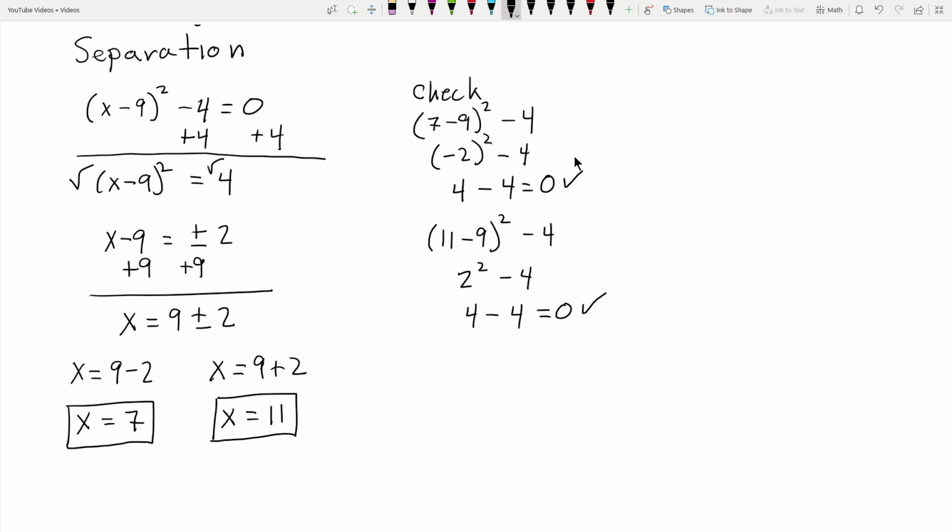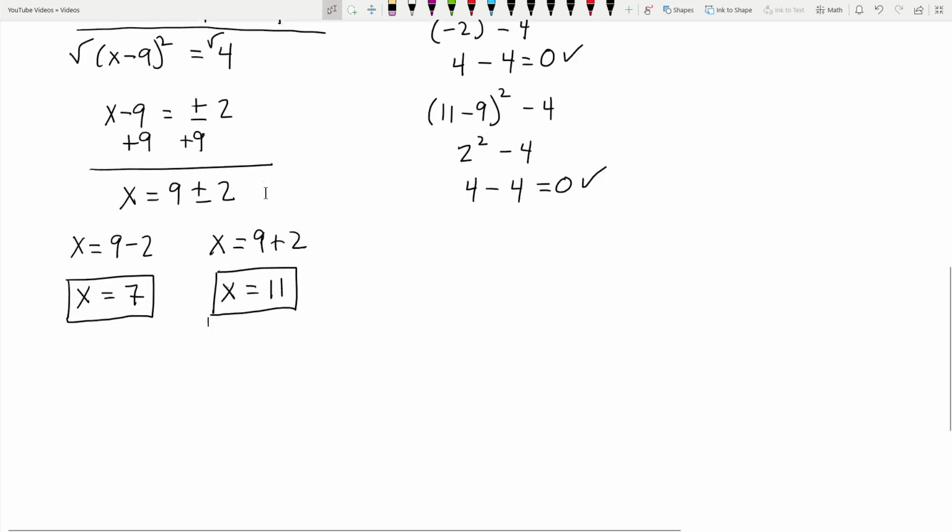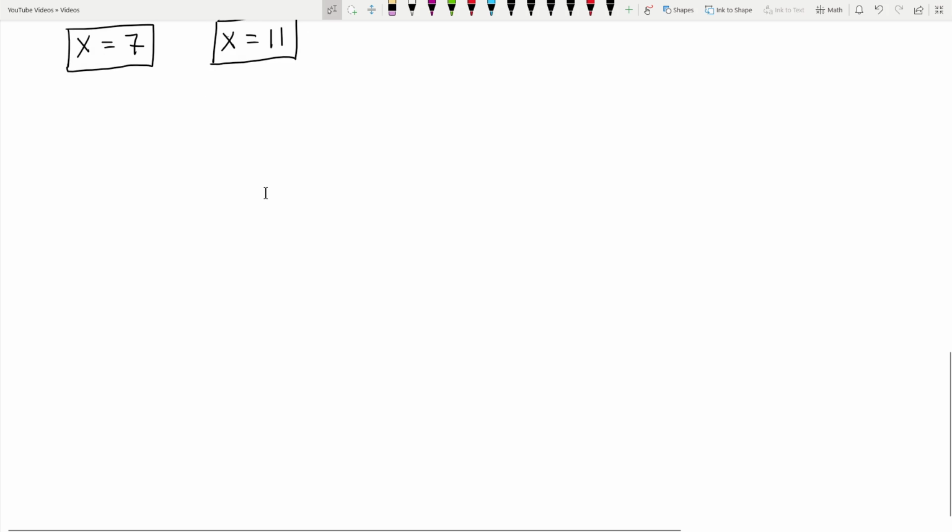Now, if you have a quadratic that's in standard form that you can't factor, then one way to solve it would be to put it into vertex form. So let's take a look at one of those. I'm going to take this one. All right, so let's go for 2x squared plus 16x minus 24